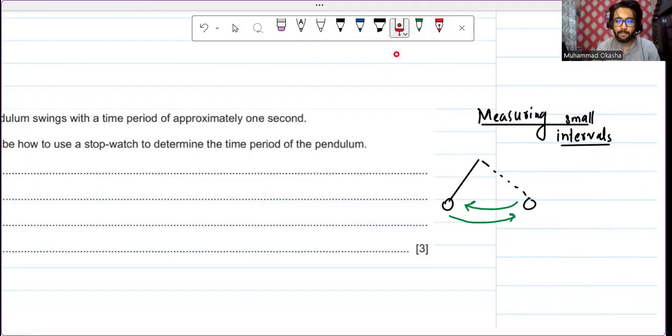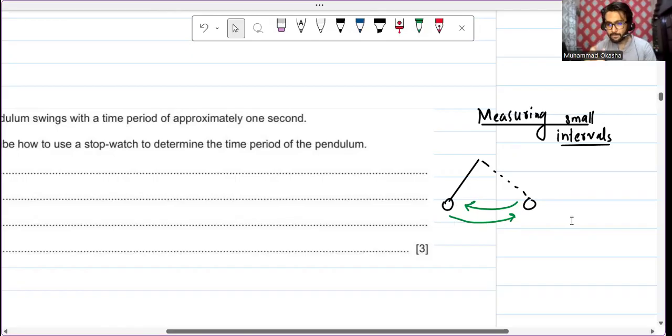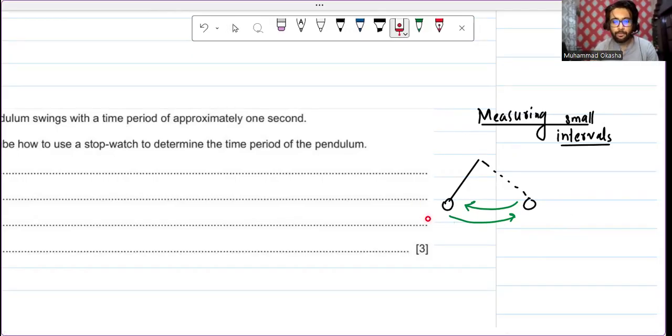One time period is when it takes one complete cycle. This is called one complete oscillation. For example, it takes 1 second or approximately 0.9 seconds. Then how would you measure the small interval? The problem with measuring small intervals is that it's really difficult because the human response time is very small. So what we do is we do not take a single reading, but we take 18 to 20 readings,